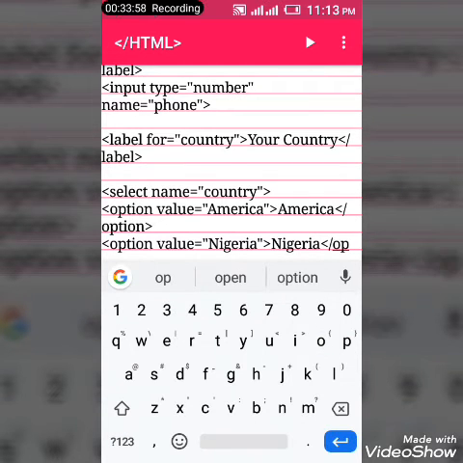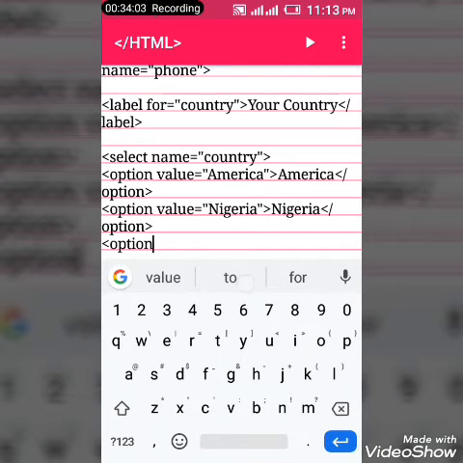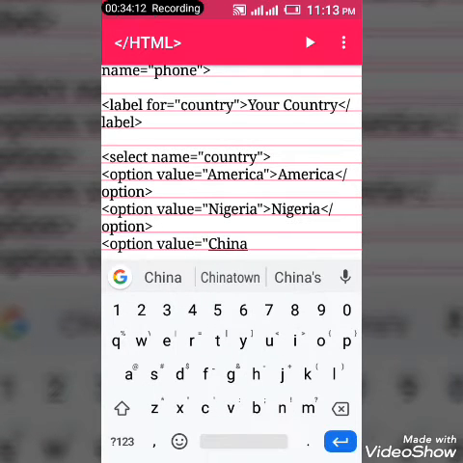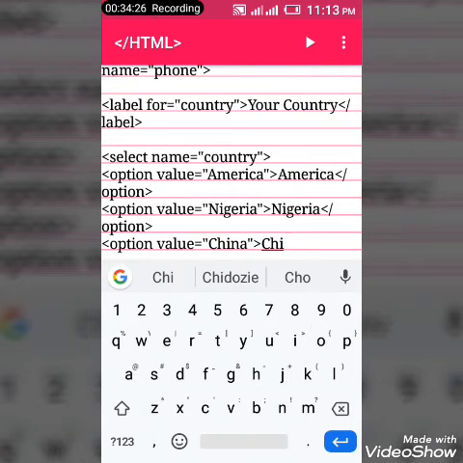You close your option right here, move to this part, option value, you set it to maybe China. This time around I'm just choosing countries randomly. You could search the net for the complete list of countries. You should offer your users the complete list of countries so that they'll be able to choose their various countries. So China right here, you close the option